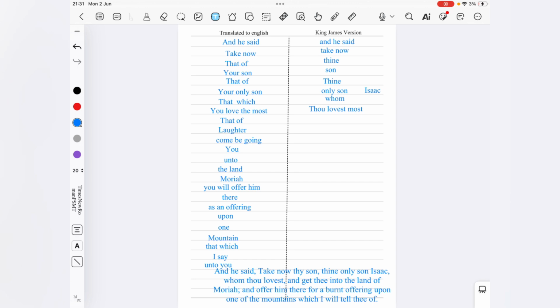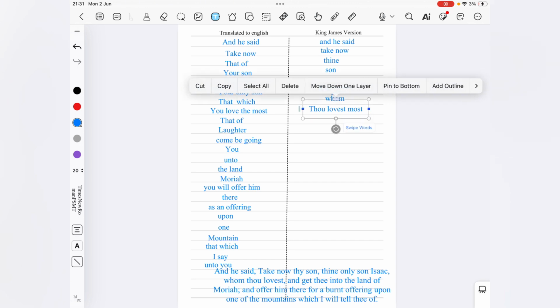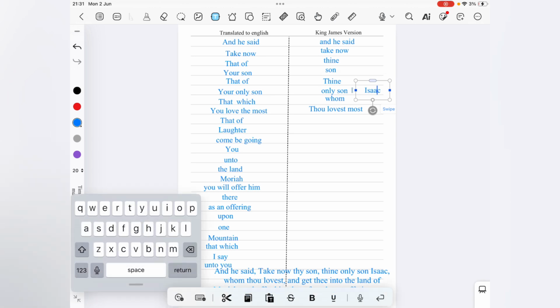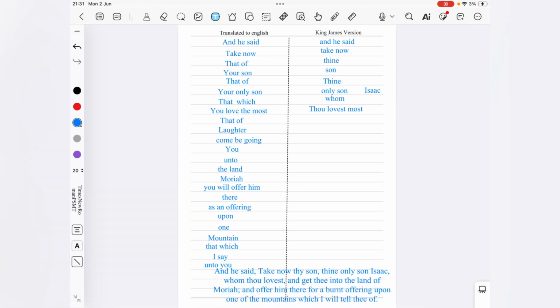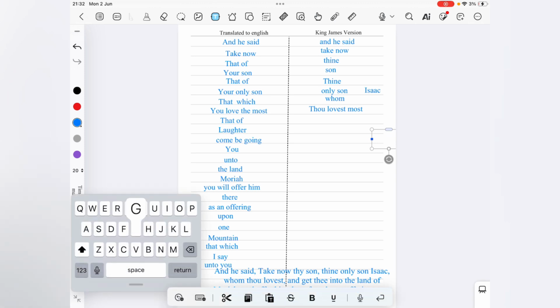So we put the word Isaac, so let's just leave those two there. So our own Isaac came here. Let's leave those two lines. And then it says, and get thee into the land of Moriah, right? And so it says, go, get thee, is the next line, and get thee,